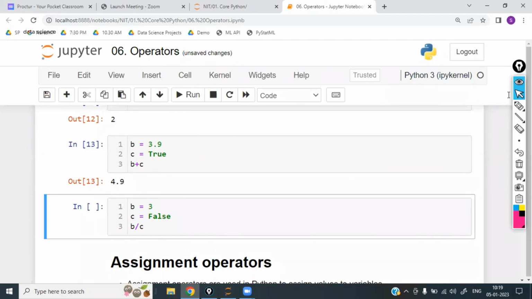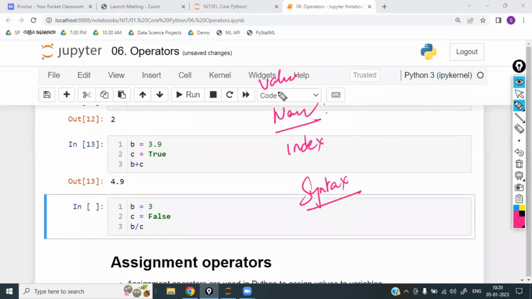If you get an error, then what is that error and why are you getting that error? Find the reason for that error. You'll get some error, right? Value error or name error or index error, right? Syntax error. So these are the different types of errors which we have seen till now in the previous classes. In the first class, I explained what is meant by syntax error and name error. In the next class, I explained what is meant by value error and index error, when the index is out of range. So whenever you are getting these errors, you have to write in the notes. Whenever we apply it like this, we'll get an error, and the reason for the error is this one. We have to write everything in the notes. That is called as practice. Right? Now,